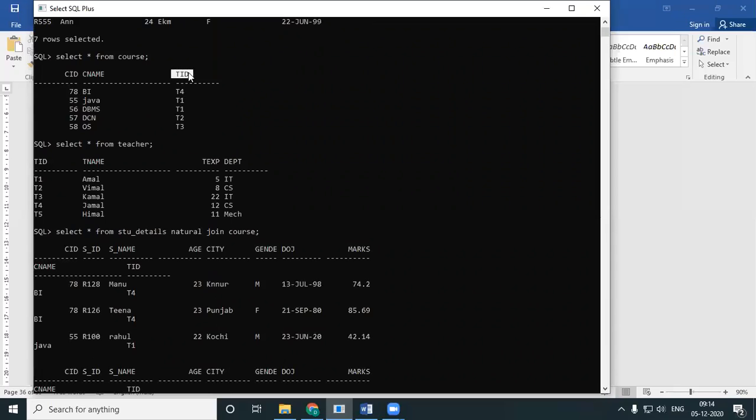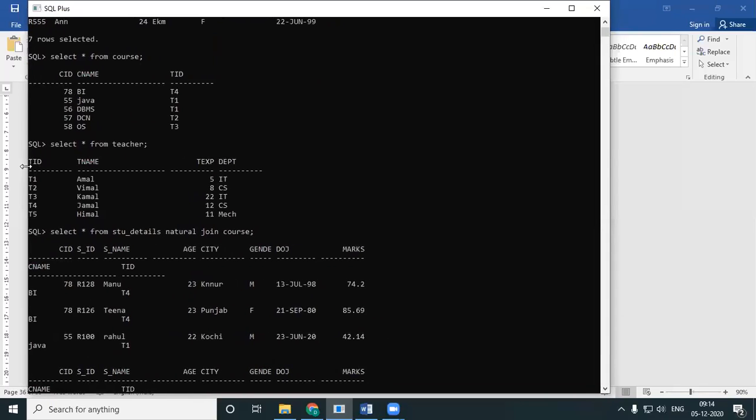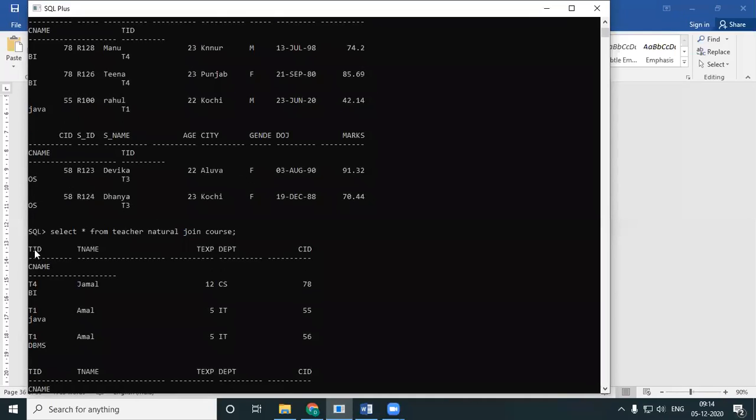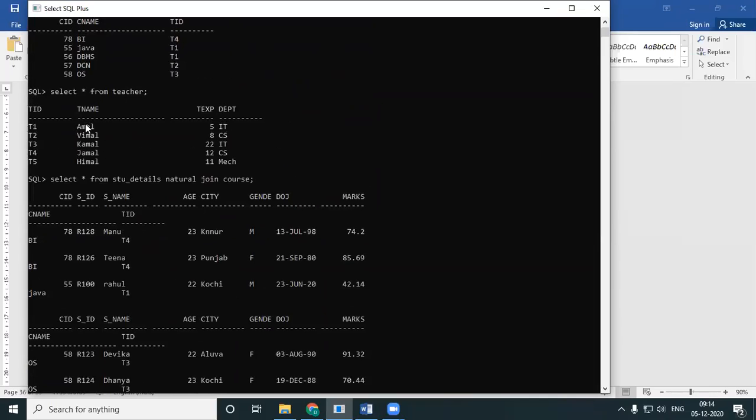Now here you can identify which is the common field. TID is the common field. TID, TID, which means when you do the display, TID is automatically fetched by your SQL. SQL understands TID is your common key. That is written first. Then all the fields of your teacher excluding TID. Okay, look here, which all do you have? T name, T experience,